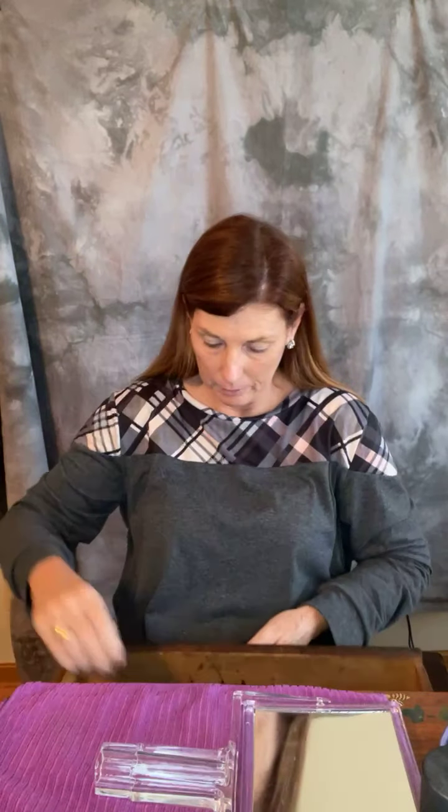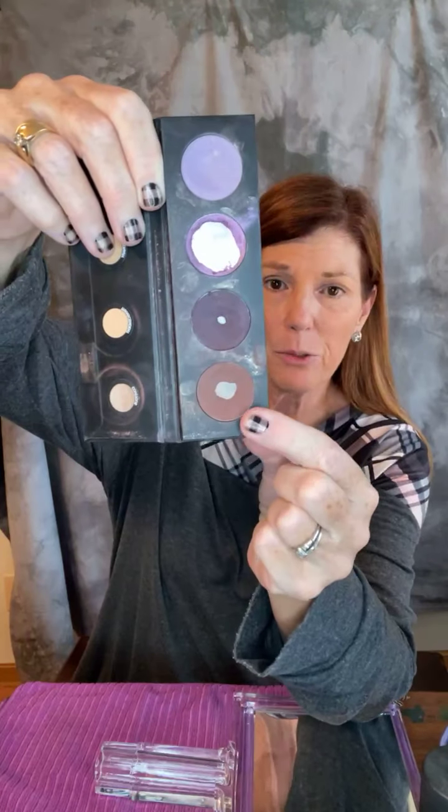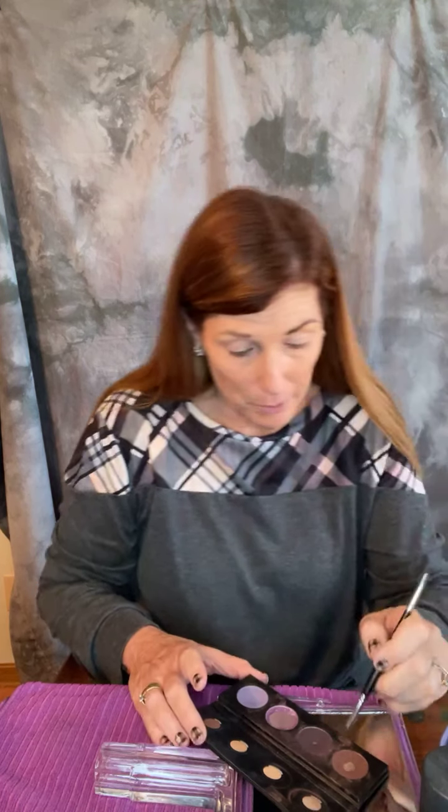Okay, next up, I'm going to use my cheater method of doing my eyebrows. I use a brown eyeshadow because that's the easiest way to match my brows, which are not the dark brunette eye pencil and they're not the medium brunette eye pencil. They're somewhere in between with more of a reddish tone. This brown has a lot more red to it than black, which is exactly what I need